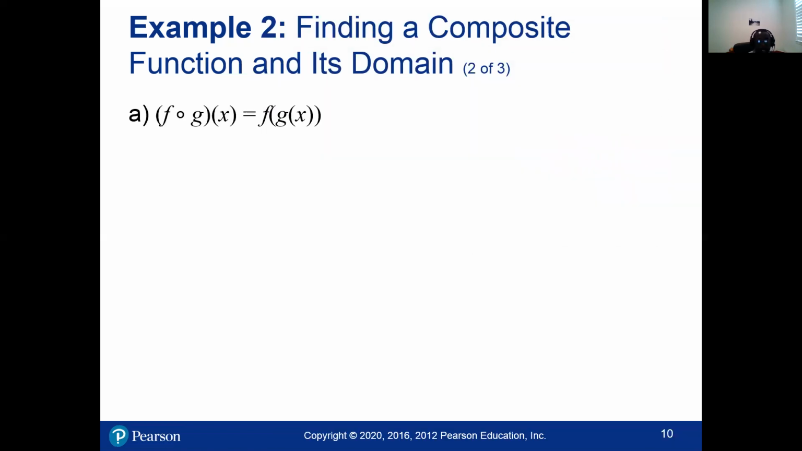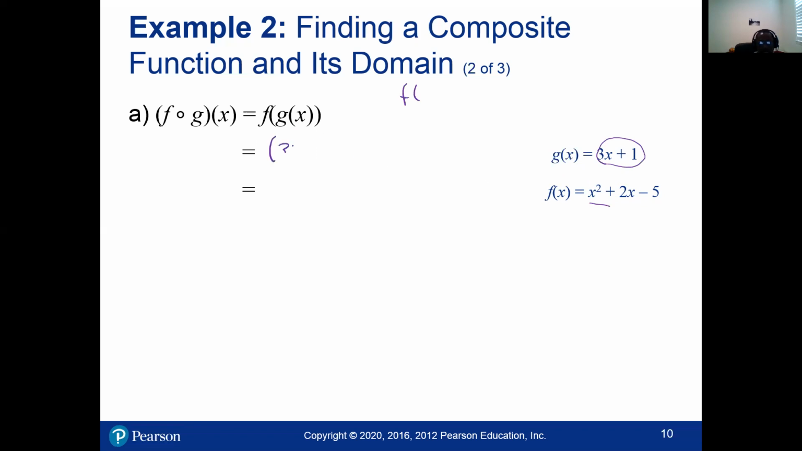Okay, so now let us find this function, f of g. Okay, so f is the function x squared plus 2x minus 5, and the g of x is 3x plus 1. So wherever we see x in f, we plug in this whole expression, that's g of x. So we have for x squared,